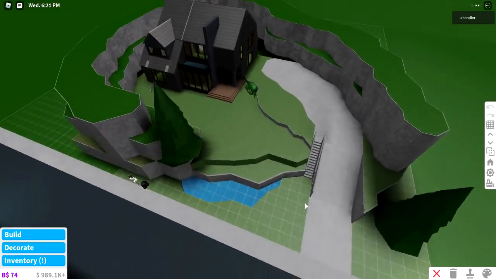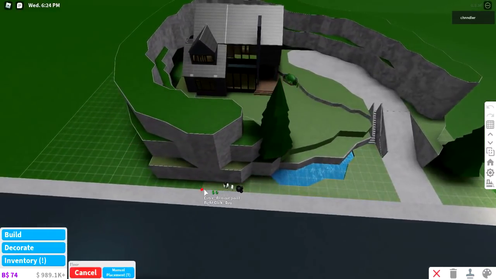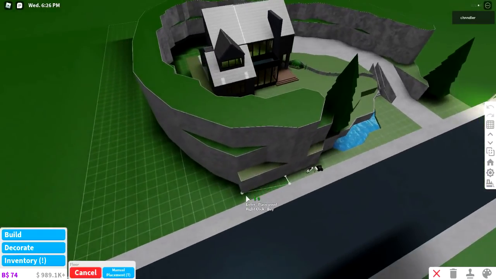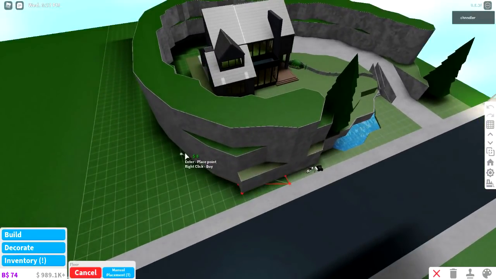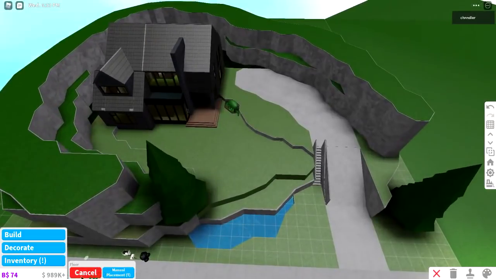Look how secluded it is. The rocks could fall down at any moment. It's the thrill of living here, really. You never know what's gonna happen. Okay,